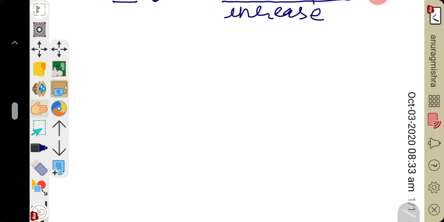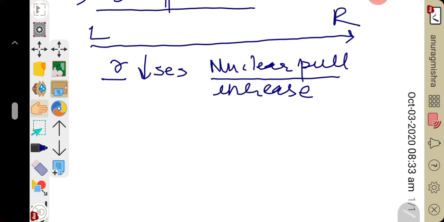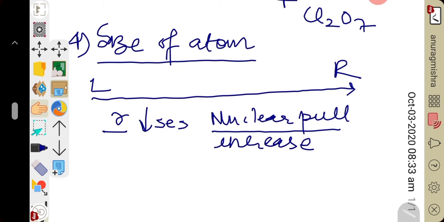Clear? Now come to metallic property. If we talk about metallic property, or metallic character, I have already told you all about it. Metallic character means the tendency of an atom to lose electrons. We all know metals can easily lose electrons. So when moving from left to right in a given period, metallic character gradually decreases. That is, it changes from metallic to non-metallic. The last element of each period, we all know, is inert.